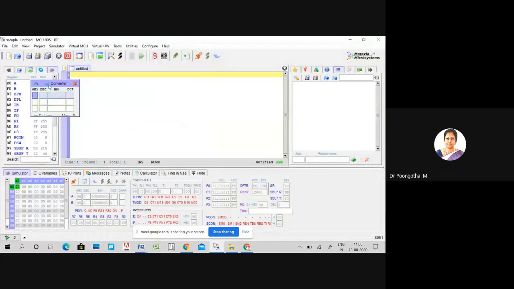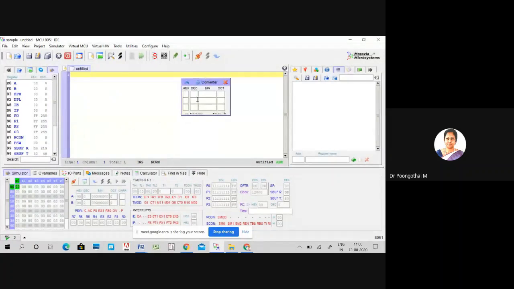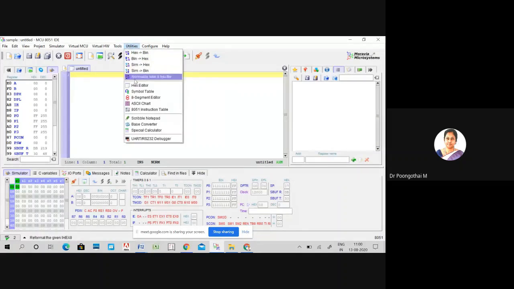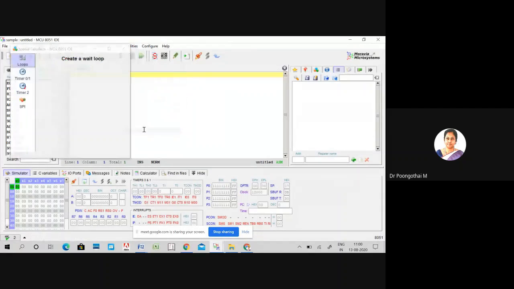Next is the base converter, for converting your numbers. I'm entering 1F, and it is converted into decimal, binary and octal. So it's a hexadecimal editor and converter, and a special calculator.